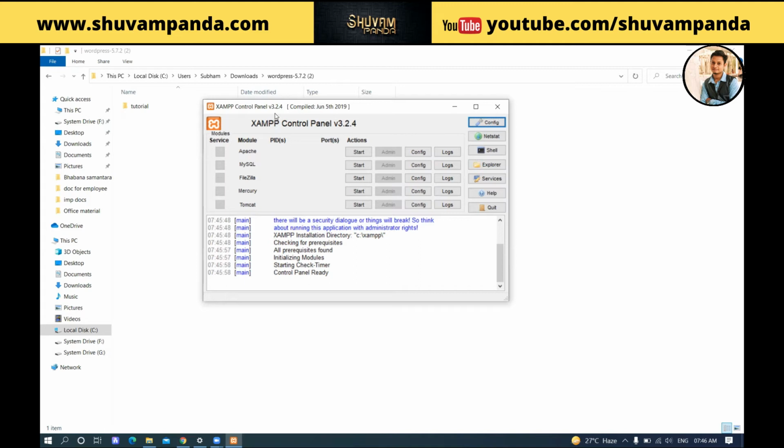So let's open XAMPP, and the purpose of downloading XAMPP is to create a server in our local machine. So we don't need to pay any server cost. We just downloaded it, and if you install XAMPP, that means a server will be created freely on our local PC. For this laptop, I have downloaded this, which means the server will work only on this laptop. So let's start the server. Without a server, it will not run.